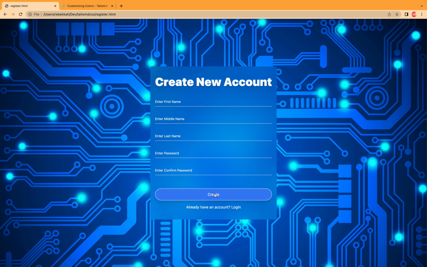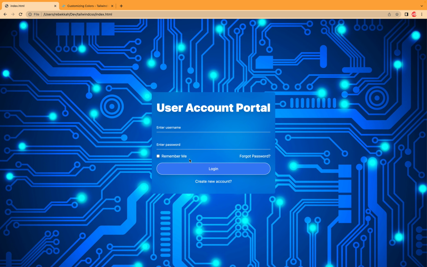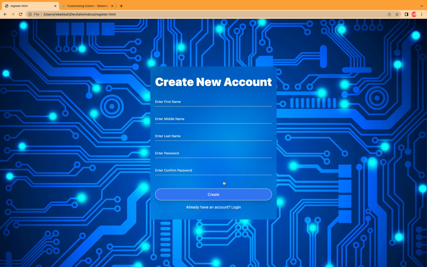So now we are done with registration and the login. Let's click on the login. Then we have to see the login page. And when we click on registration, yes, now we can move back and forth. Okay, so this is how you can create a registration form